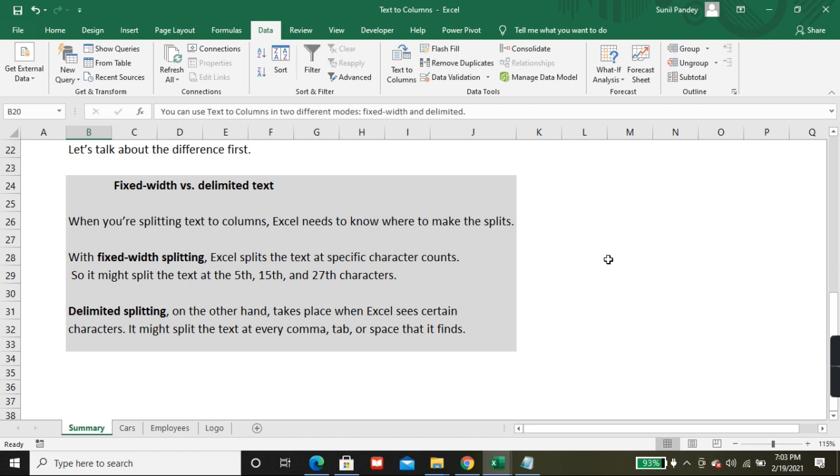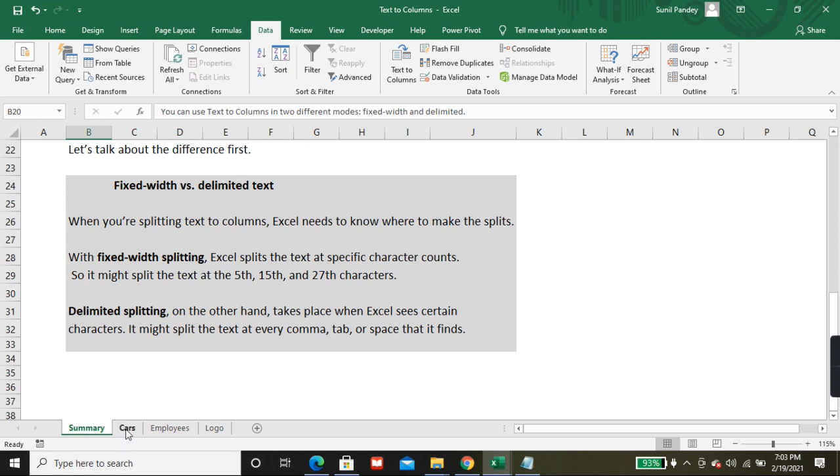It might split the text at every comma, tab, or space that it finds. You can put a special character in delimiter splitting. We will see it with an example so that it is clear.